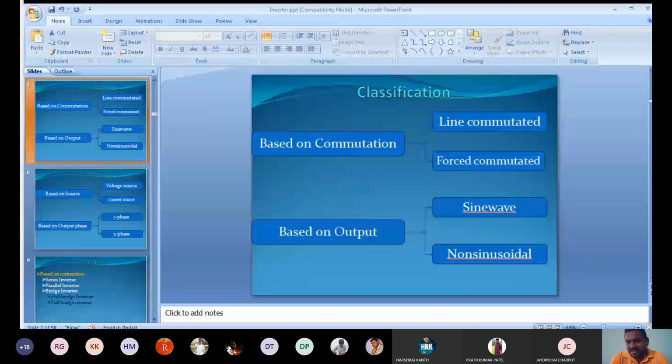generally in AC system we have a positive half cycle and negative half cycle. So as the SCR becomes on, current rises, it reaches the maximum and then once again it goes to zero. Okay, so when it reaches the zero point, or when the current becomes zero, at that time the SCR becomes off. Okay, understood?